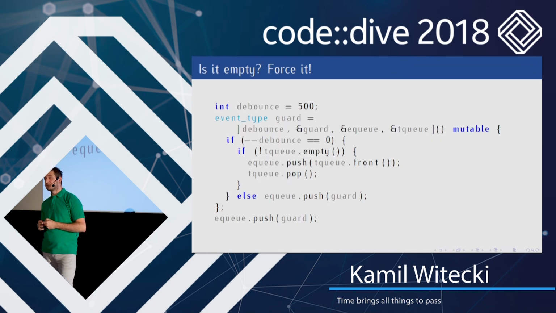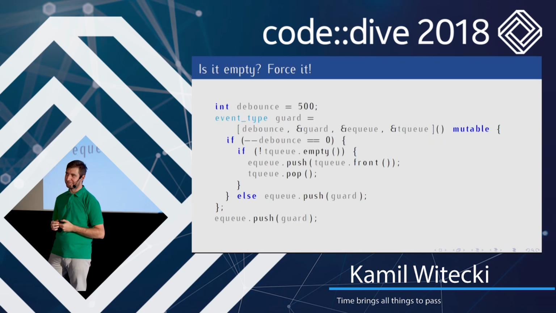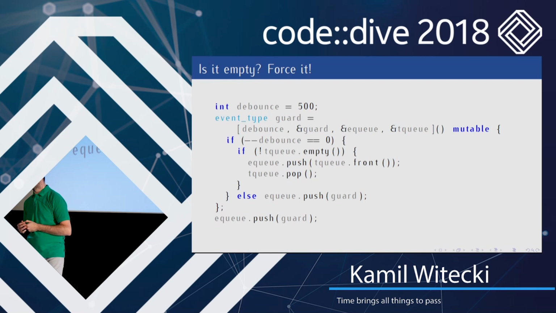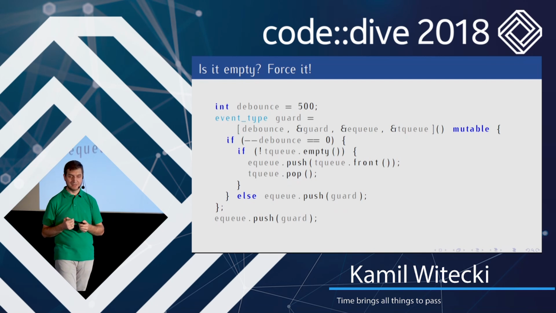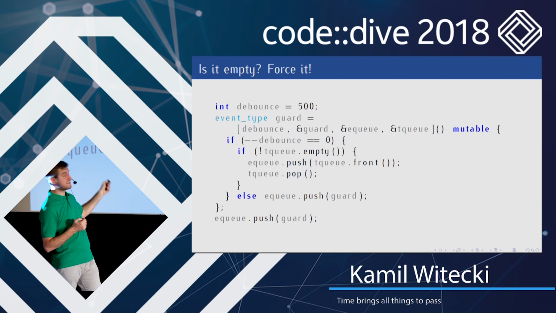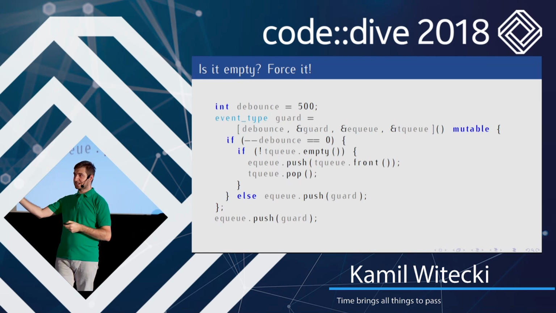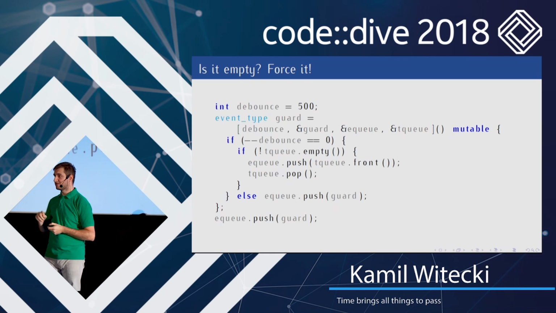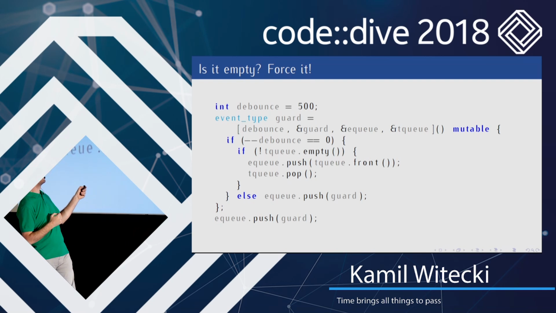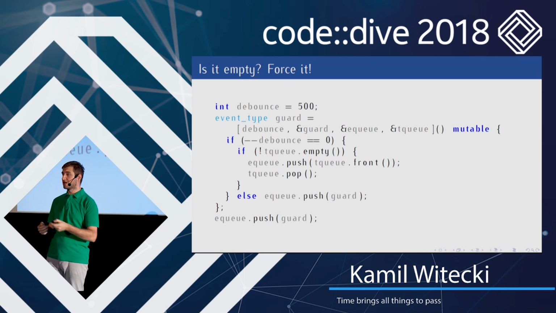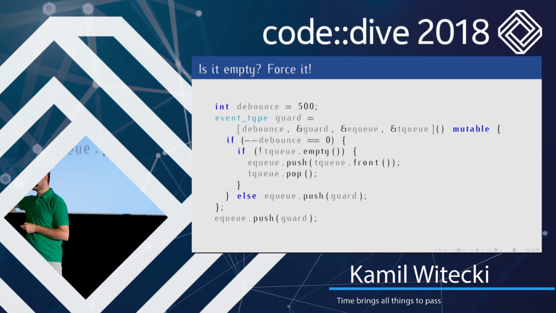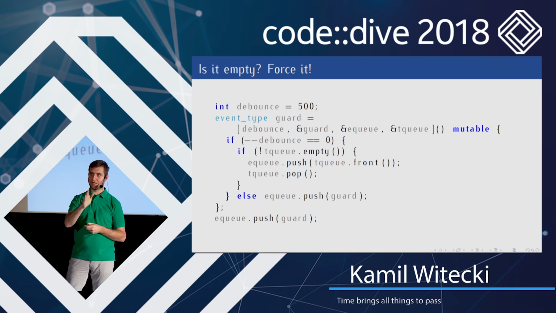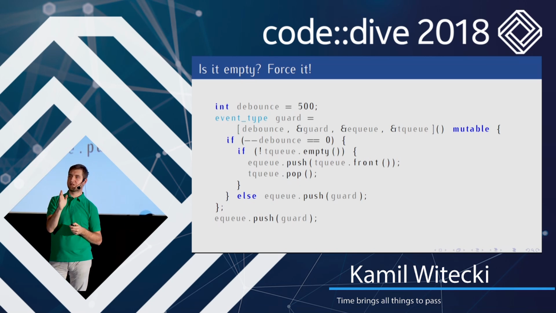So knowing that, we will introduce another guard event. This time it will not check if the event queue is empty. This time our guard will simply debounce itself from the queue. So it will get scheduled at the very beginning of the event queue. It will check if it already bounced from the queue, if it already did a full cycle, let's say 500 times. And if it didn't, it will just schedule itself at the end. So after each layer, it will be pushed to the beginning. It will check if it was scheduled already 500 times, and if not, it will be pushed to the end